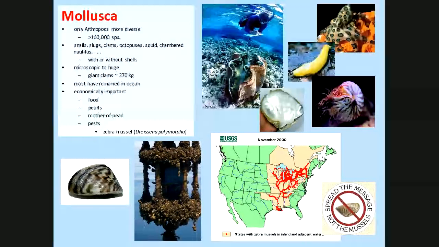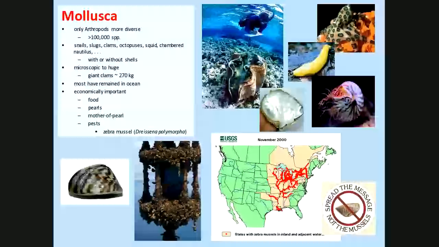There's a really cool picture in there. That's the banana slug, for reasons that are pretty obvious. There are the big size ones like the giant clams that you see in the picture there of 270 kilos. So that's like 500 pounds. The really pretty ones, the blue-ringed octopus up there in Australia, but one of the most highly venomous animals in the world, by the way. Chambered nautilus. Some are really small.